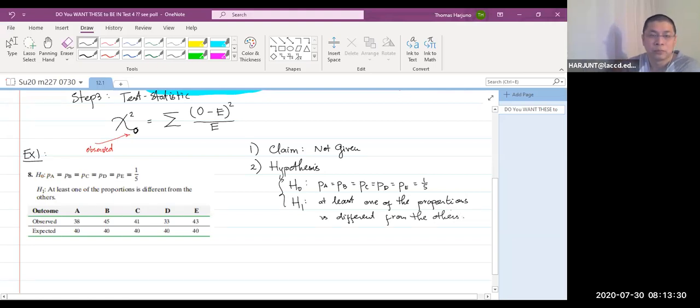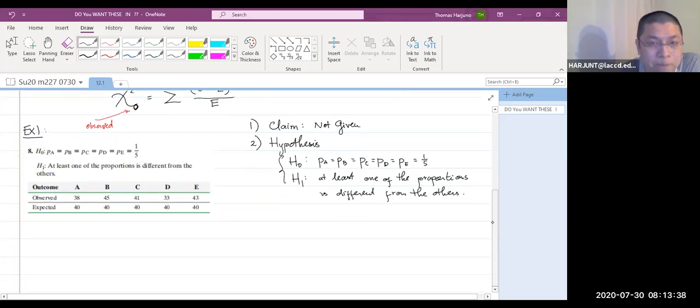Okay, now I will do it first. I will do this first, and then I show you later on that the information they give us is actually more than needed. They try to make it easy for us. So step 3, our test statistic